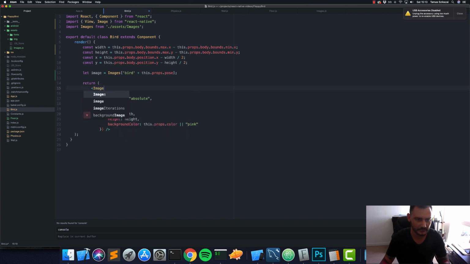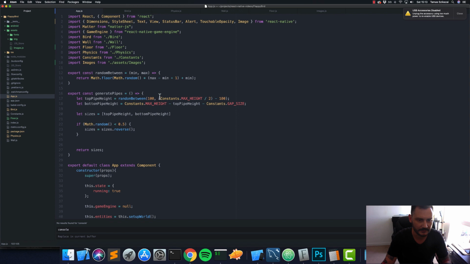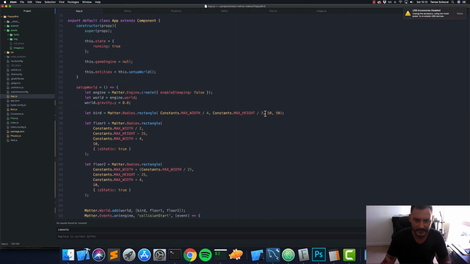We don't need this image. Position absolute, top, left, width, height. We don't need background color at all. We need a resize mode equals stretch, and we need a source which will be image. Now our bird currently is set at, where is it? Set at 50 by 50, and set at 25% on the x-axis. First of all, I want to move it to the middle because the original game has it in the middle, and